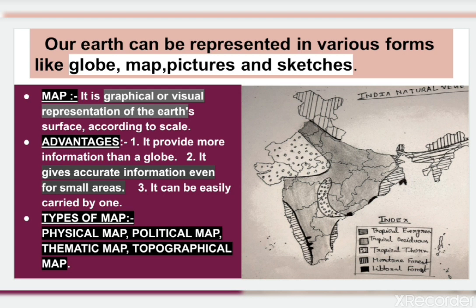Next, let's discuss about the types of map. There are four types: physical, political, thematic and topographical map. Physical map contain information about physical features like plain, plateaus, mountains. Political map shows all the important states, its capital, important towns, boundaries. Thematic map gives you information about a specific topic like climate, natural vegetation, crop distribution, etc. And topographical map gives a detailed information about both physical as well as socio-economic feature of an area. In this chapter we will learn about topographical map in detail.